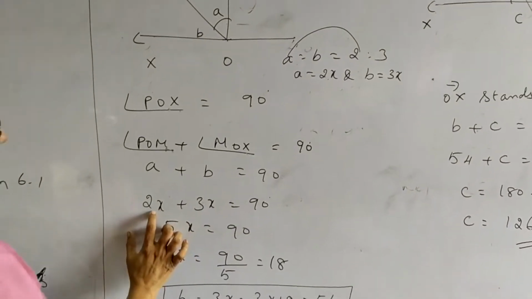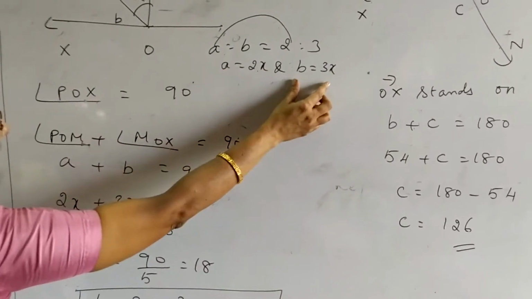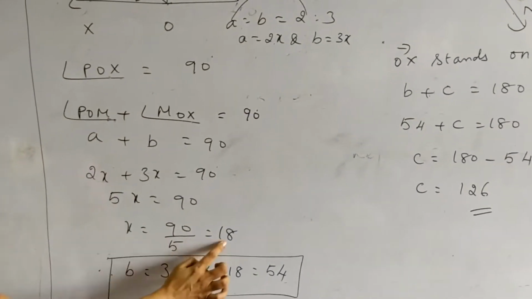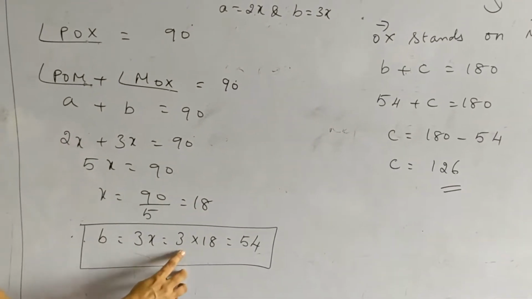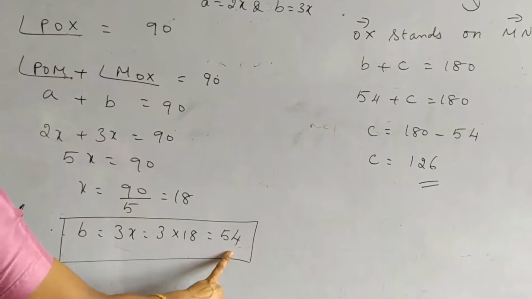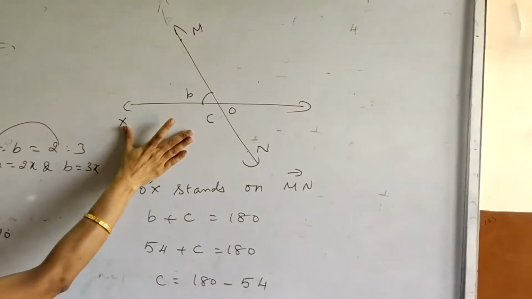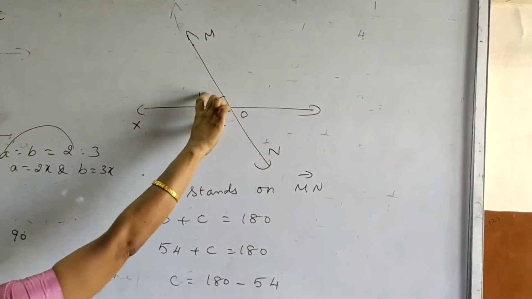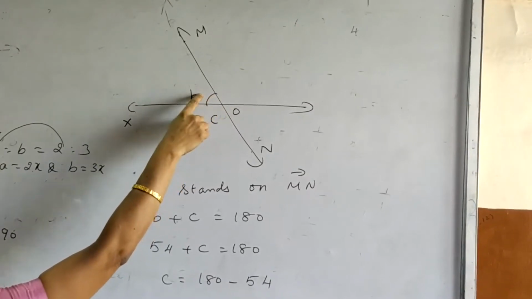A ratio B is given as 2:3. Therefore, we got A equal to 2x and B is equal to 3x. Replacing, we get 5x equal to 90, x is equal to 18. Therefore, B is calculated using 3x, 3 into 18 which is equal to 54. Using the same axiom 6.1, OX is the ray stands on the line MN. These two are adjacent angles makes 180 degree. Therefore, B plus C is 180 degree. Substituting the value of B, we